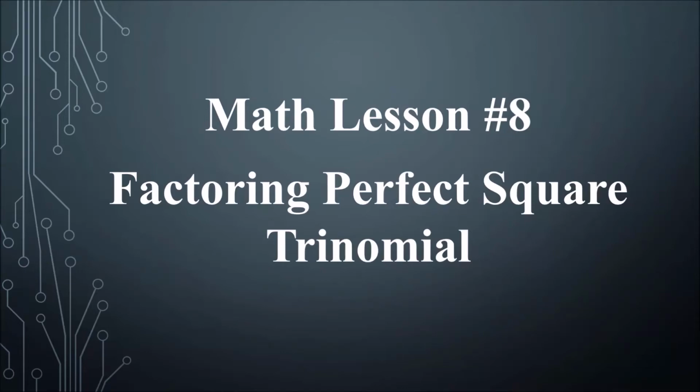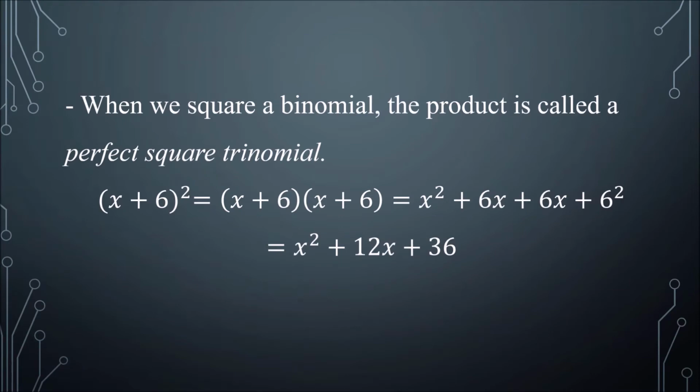Math lesson number 8. Factoring perfect square trinomial. When we square a binomial, the product is called a perfect square trinomial. So let's say, for example, that the binomial is x plus 6. So this is a binomial because it has two terms. So x plus 6 squared is just equal to x plus 6 times x plus 6, which is equal to,